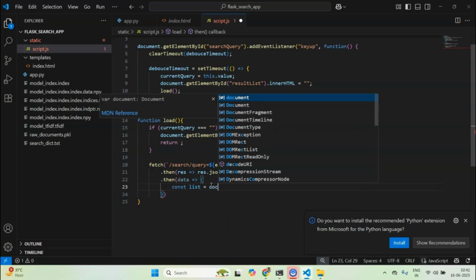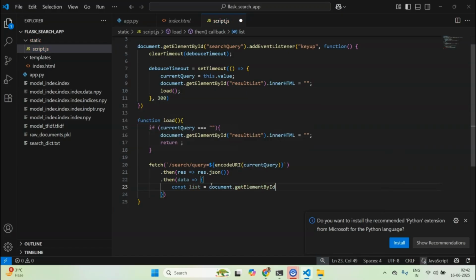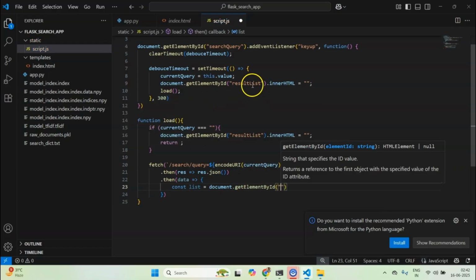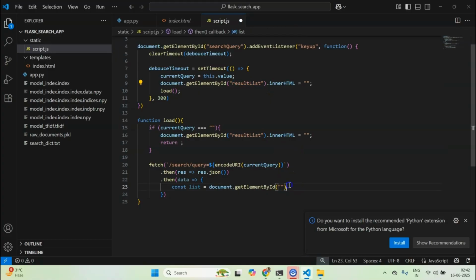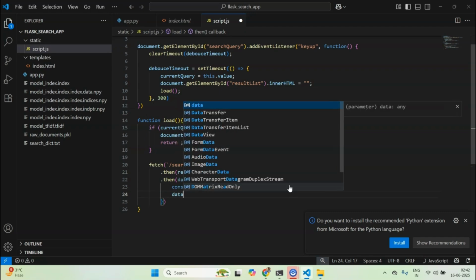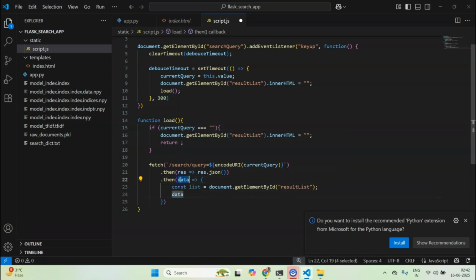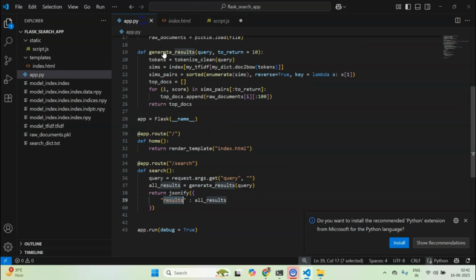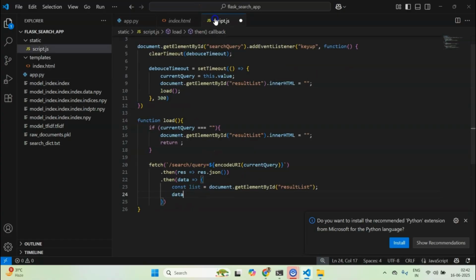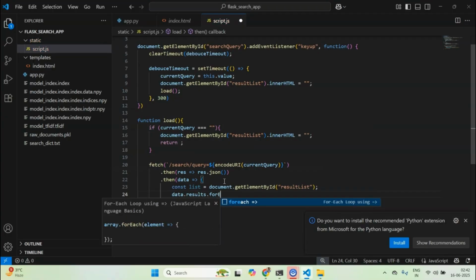The list will be document.getElementById, and the list will be this results list. And within this list what I want to do is data. Now data is what? Data came from the previous result.json, and this JSON has a key called results. So now we can access that result. data.results.forEach.